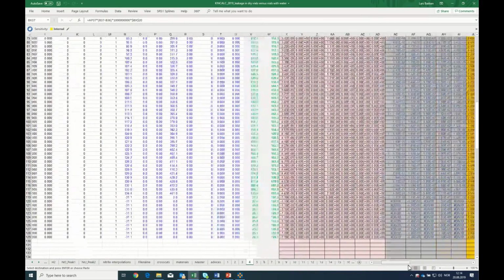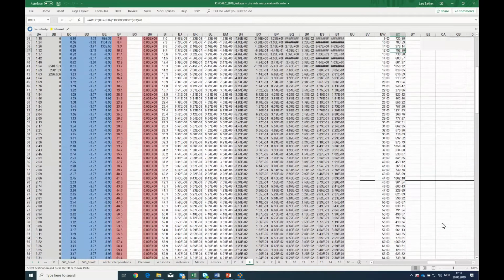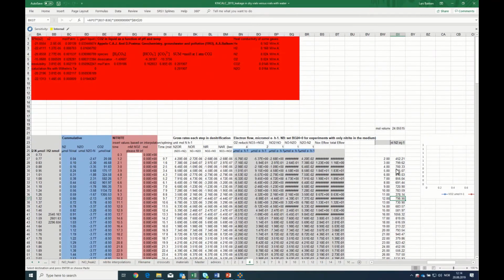So this would be my variable that I want to inspect for all the sheets, and in order to do that I use another part of Kincalc which is very useful, and that's called crosscuts. Remember that my variable that I want to look at is in column BX. If I now go to crosscuts,